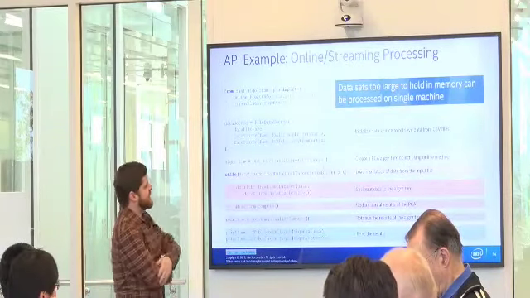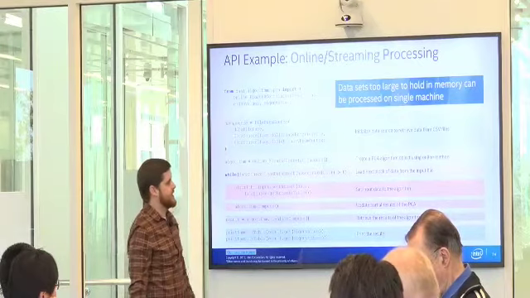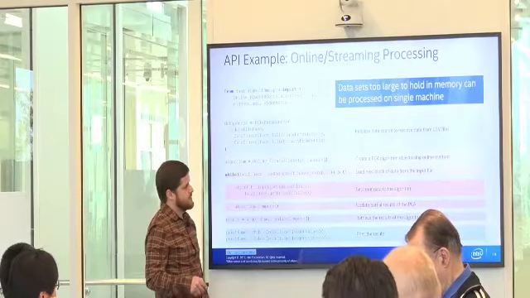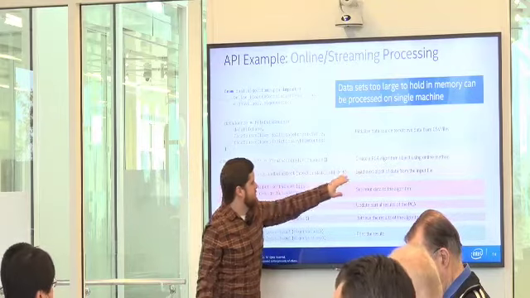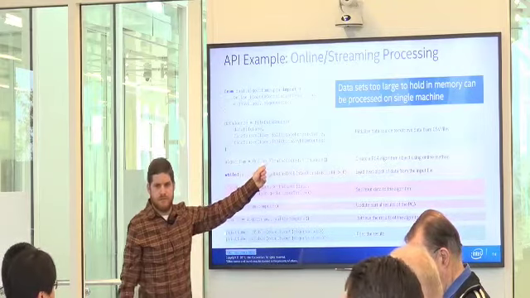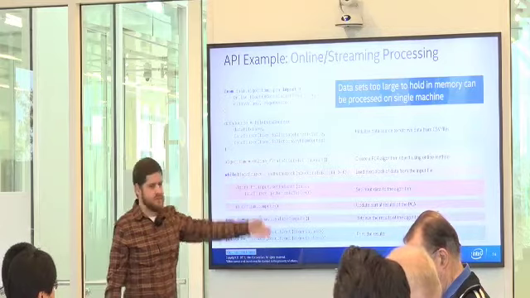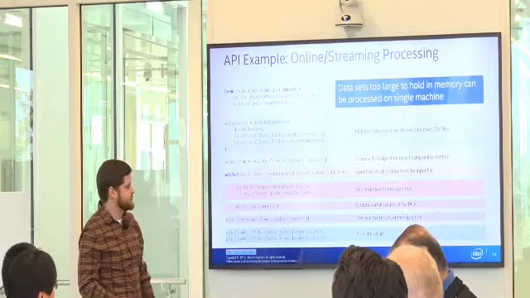This is what the API looks like. This is an example of the Python version of the API. The important part here is just when you load up your PCA algo, you load up the online version of it. That's the only difference. And then you use the API as you would in batch mode.